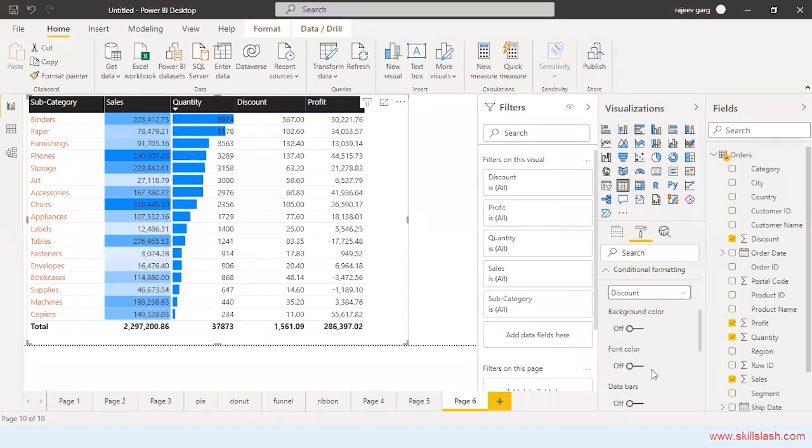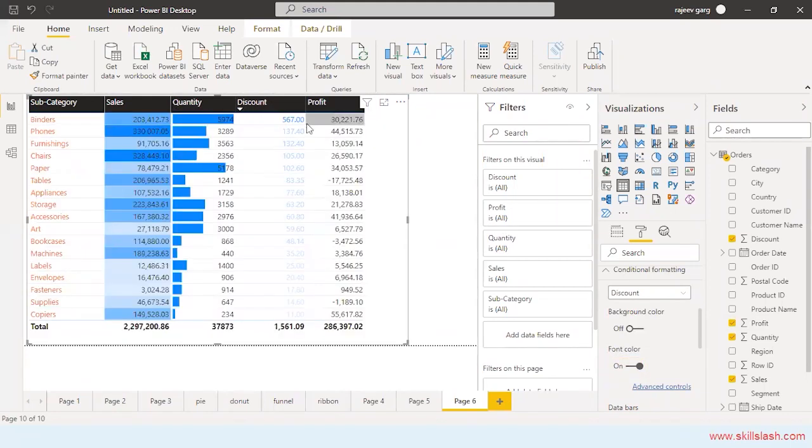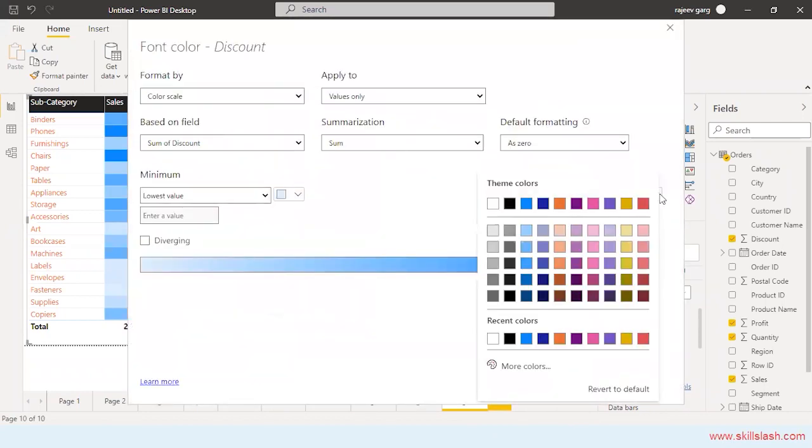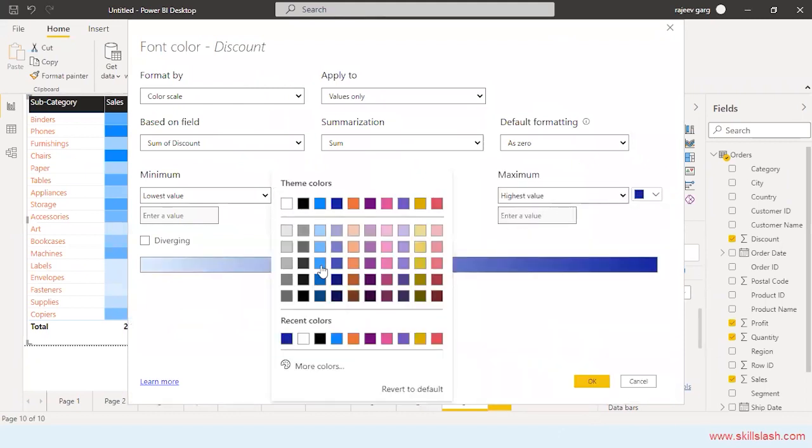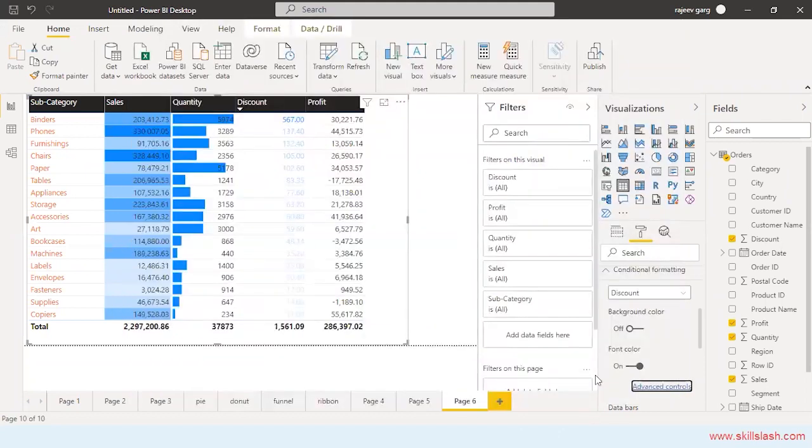So I want to give the discount a font color. So you can see that the font color is appearing, more discount, darker color, lesser discount, lighter color is appearing over here. You can click on this small triangle so that the data will be sorted on the basis of the color. Now, if you think that the color is very light and not visible, you can go to the advanced control and you can change the color over here. Let me take a more darker color over here, and it should be not that light. So let me increase this. Okay. Right. So comparatively better it is appearing over here.